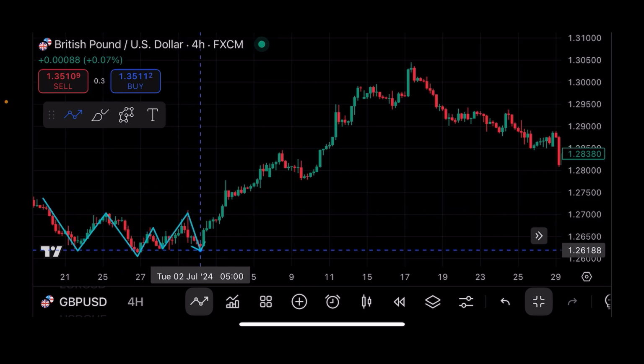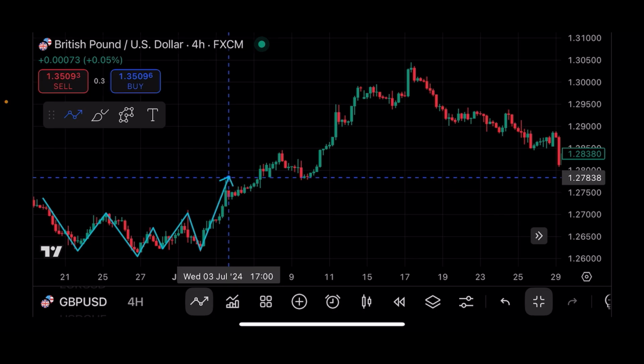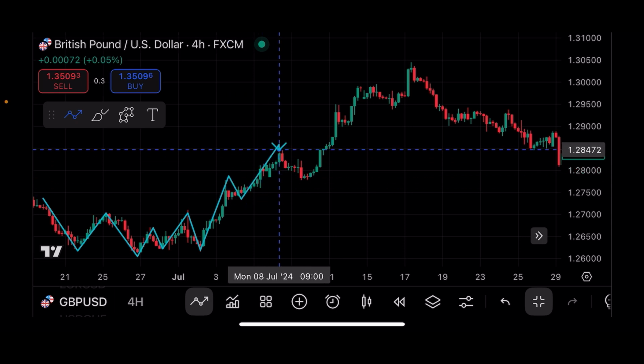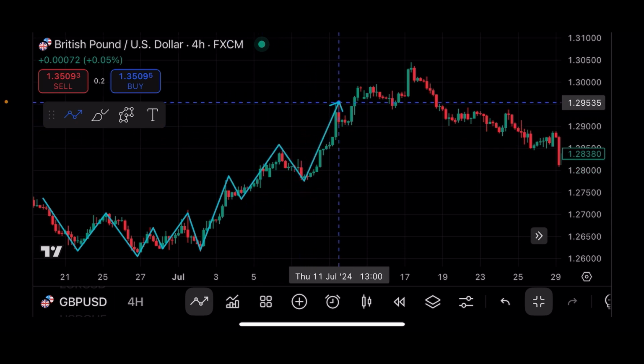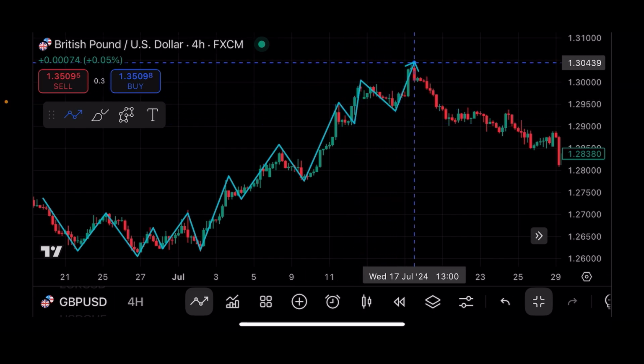So there's another movement to form an equal low. Look at it here, equal low. From here, there's a very strong impulsive movement to form a higher high. And this signals the beginning of an uptrend. So there's a retracement, another higher high, retracement, higher high, retracement, higher high, retracement, and impulsive movement to